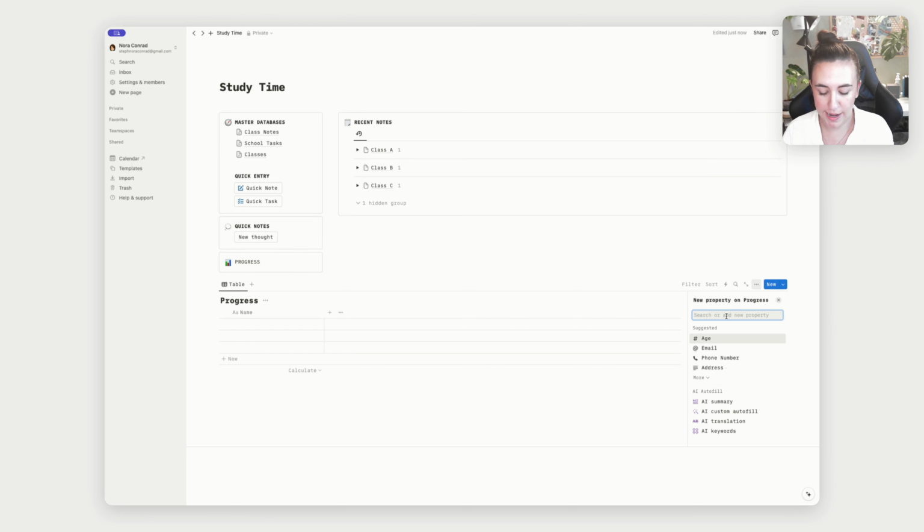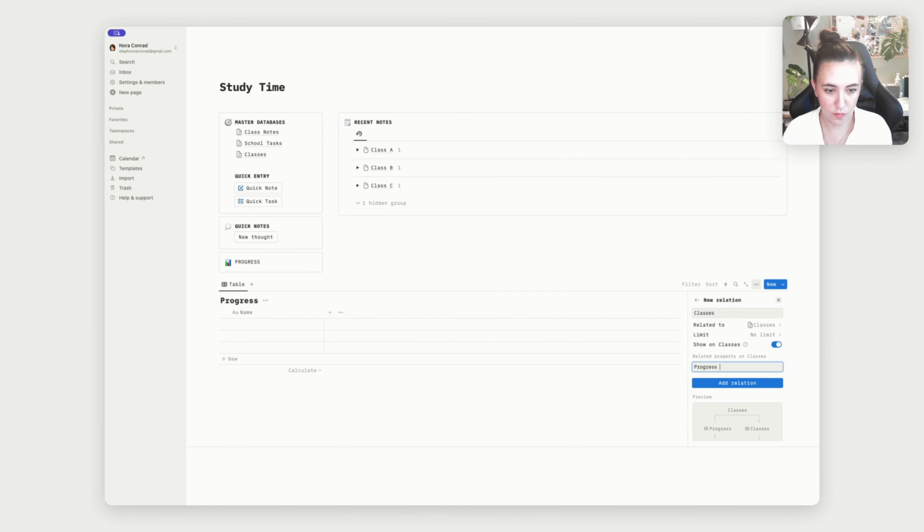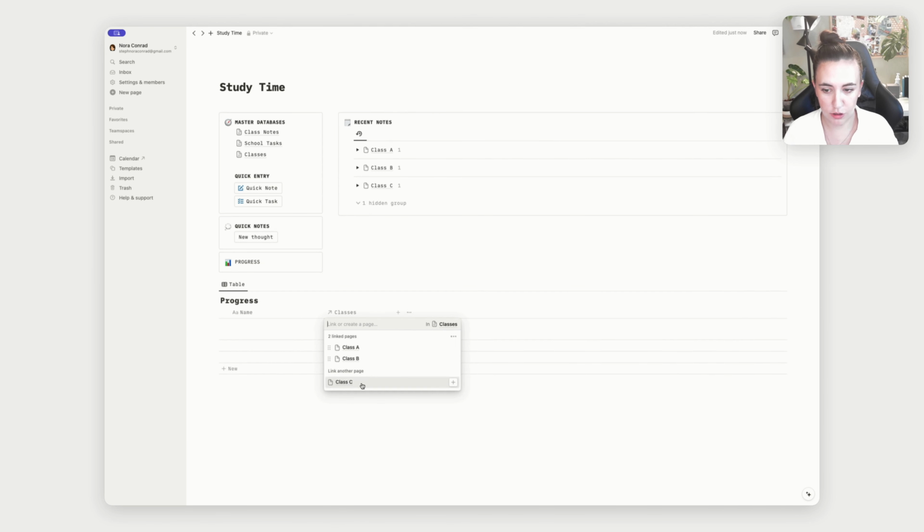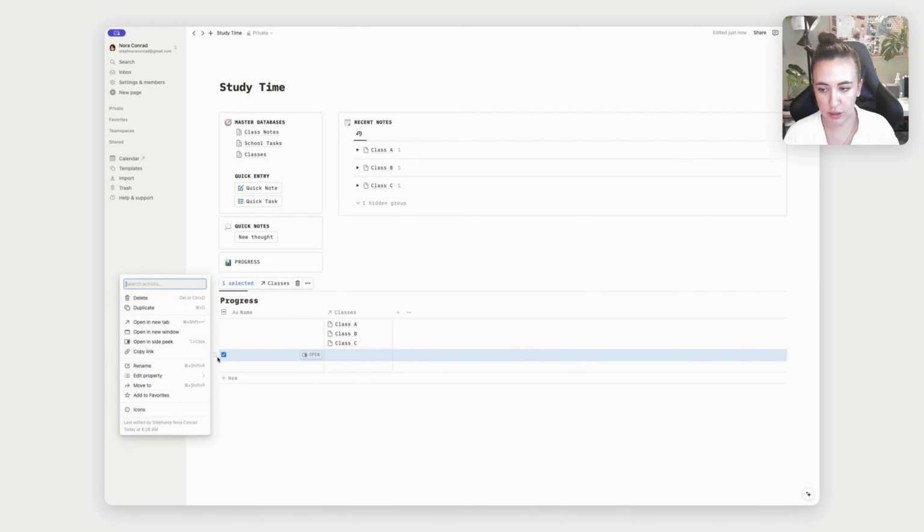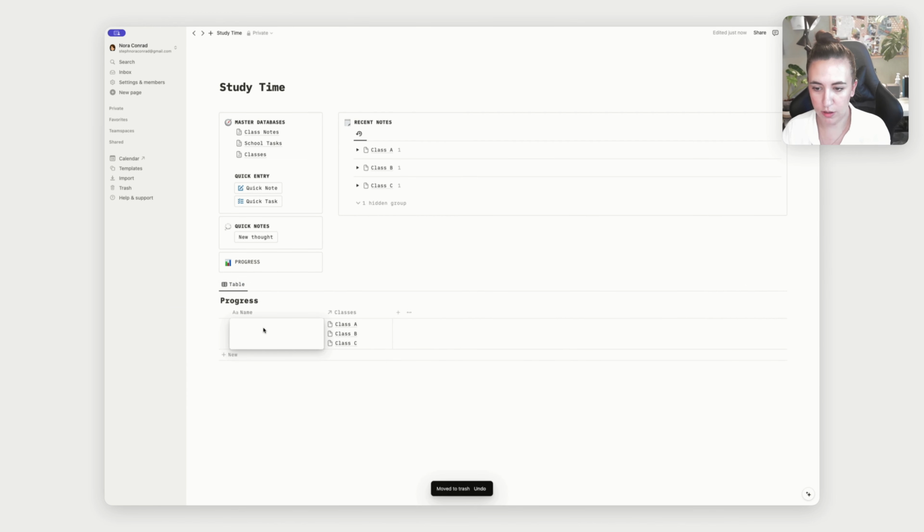We want to add a relation to the classes. Add a progress tracker here. And then basically what we'll do is create an automation so it adds any classes to this. We'll call this